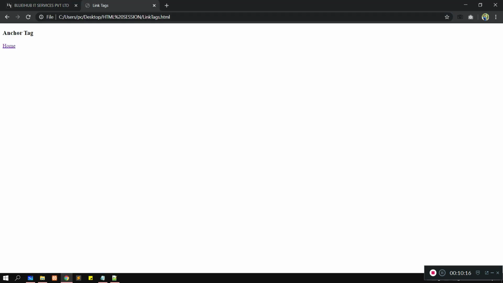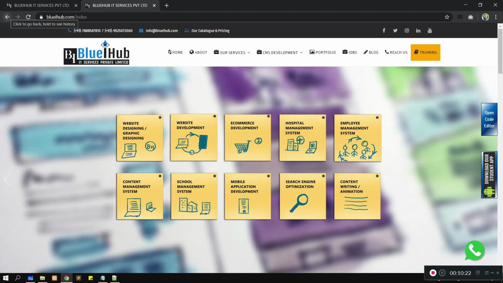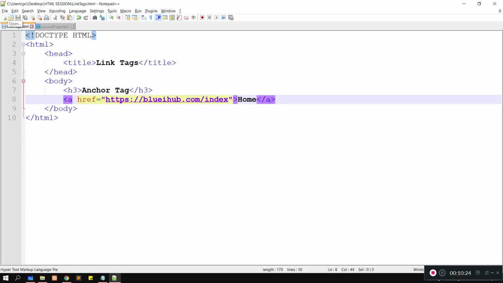Now if I refresh and click, it is going to the website directly. See. So always remember, whatever path you are giving in the href or the hyper reference, that path should be valid or correct.